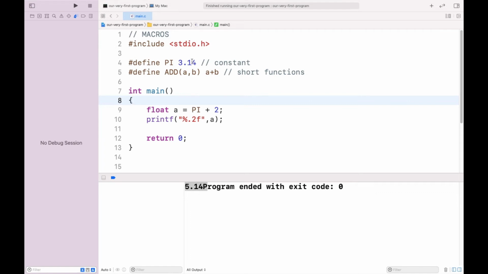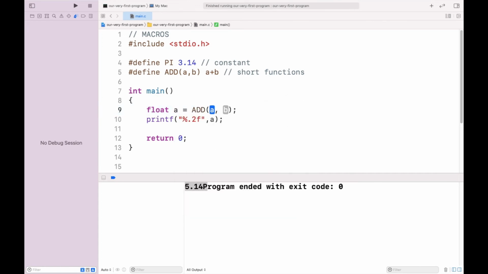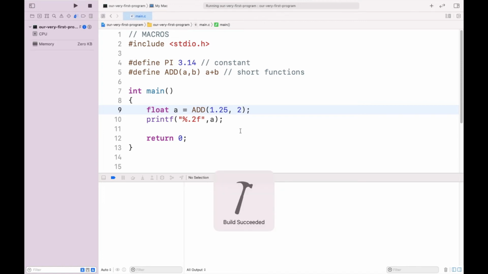Now let's see what we have when I use the add macro. I'm going to give the numbers 1.25 and 2, so we should be seeing 3.25 as an answer. Let's see what we have.